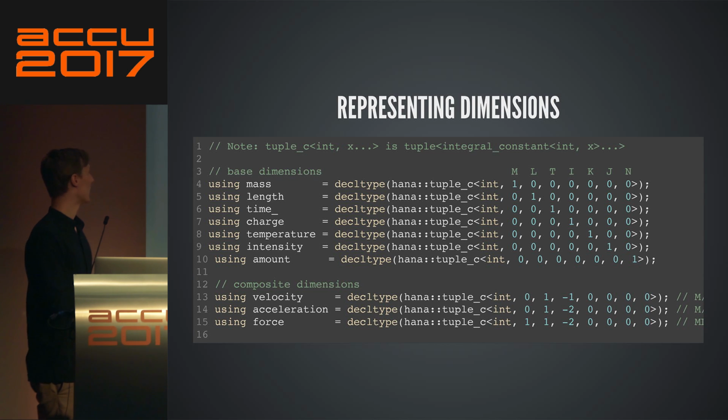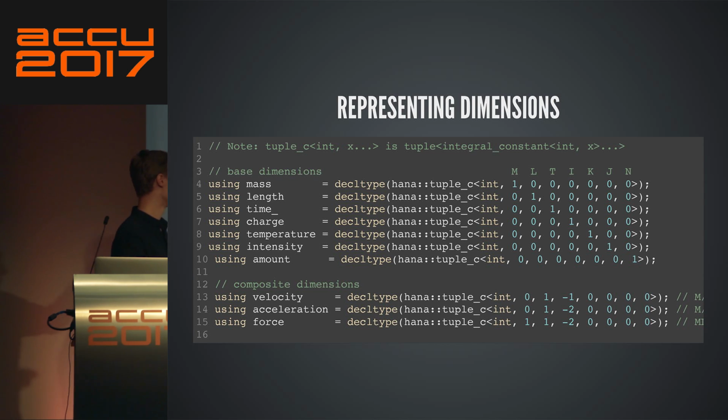So the way we do that is, we have only so many fundamental dimensions, so we're just going to say it's basically a sequence of the power of that dimension. So mass, for example, is everything exponentiated to the 0, but the mass dimension, exponentiated to 1, and so on.